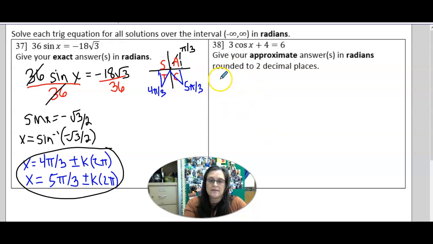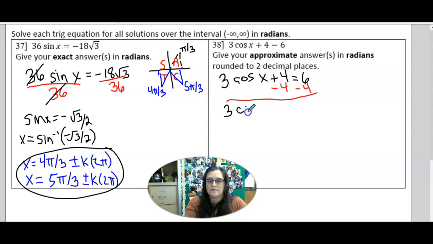Okay, 38, we're going to solve in much the same way. So we have 3 cosine of x plus 4 equals 6. We want to isolate the x on one side of the equal sign. So we'll subtract this constant to the other side, and we get 3 cosine of x is equal to 2. Then we'll divide both sides by the coefficient,